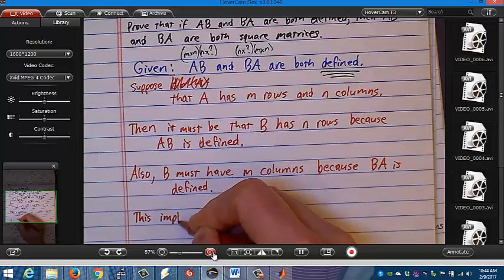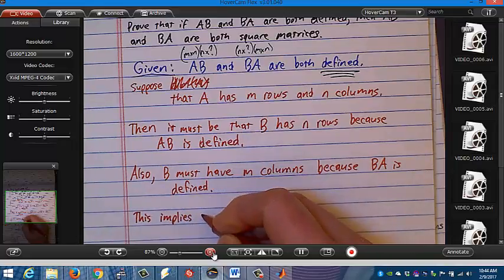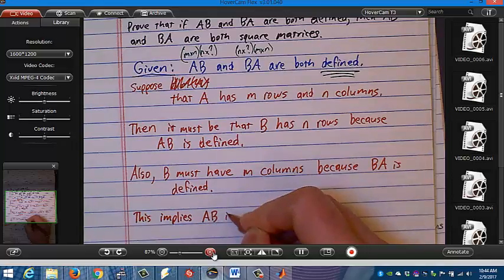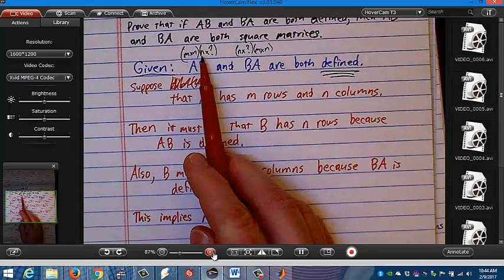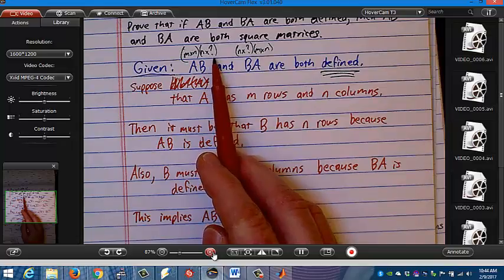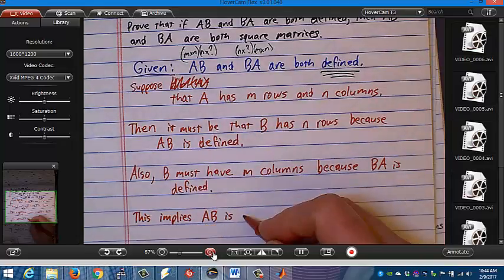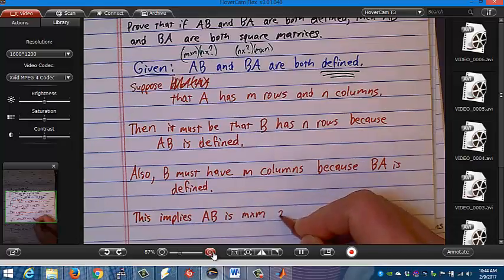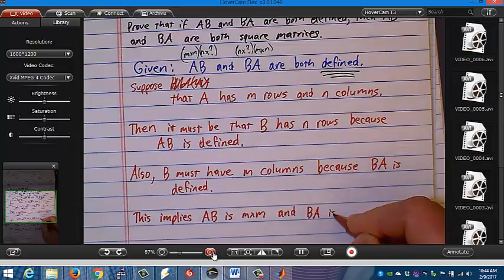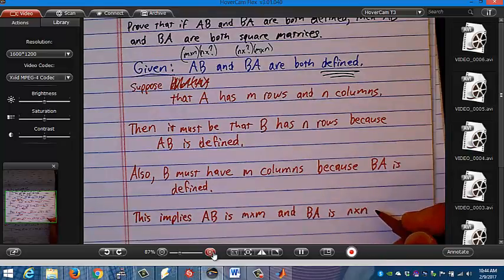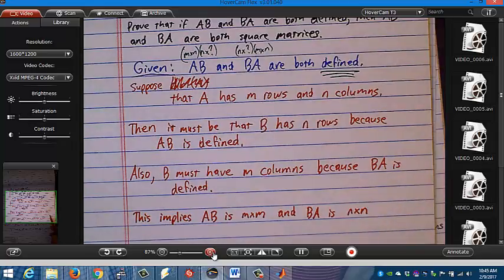This implies that AB is what size matrix? Well, I can see the ends match up. I just learned that that question mark is actually what? So AB is going to be M by M, and BA is what? N by N. I agree. I agree. And so